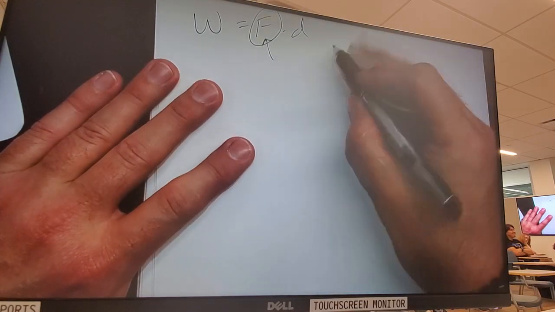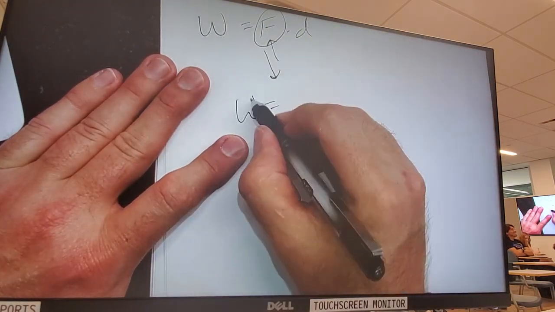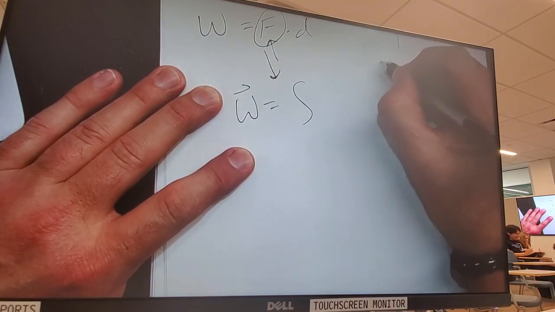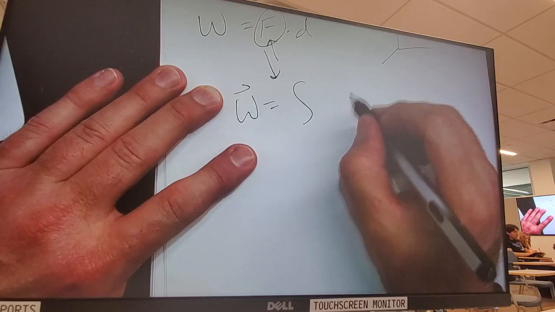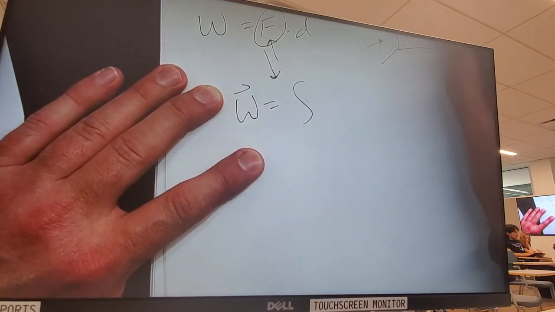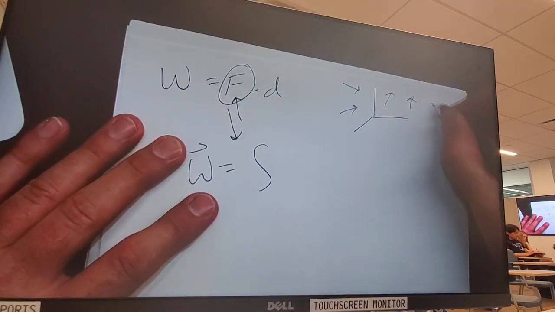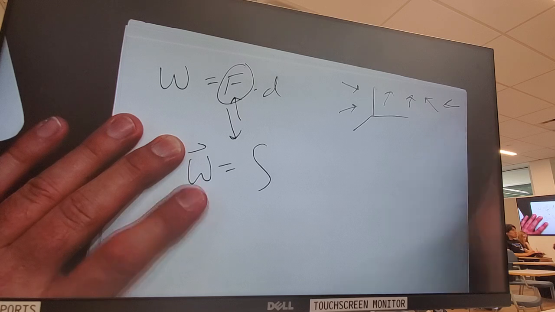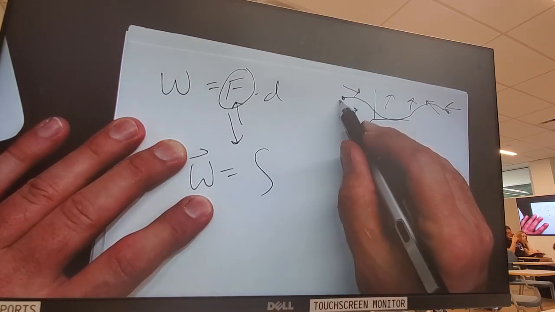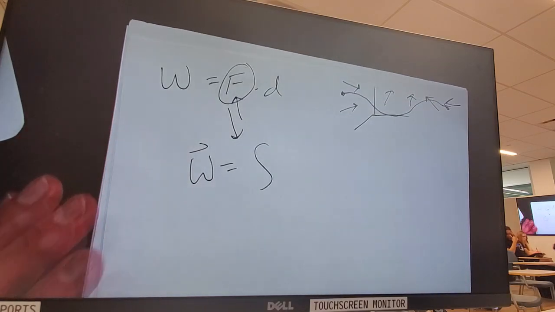This gets interesting. So if I want to extend this to a field, let me see if I can recreate this drawing. So I've got this force field. We can even think of it as just wind. So I've got this wind that's going like this, and I take something and I try to push it along this path. Some of the path I'm getting help, some of the path doesn't care about me, and some of the path is actually working directly against me.